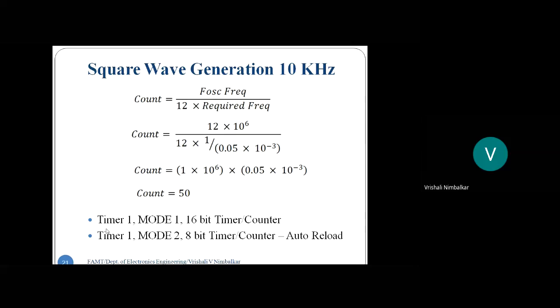Yesterday we looked into square wave generation using mode 1. Today we will look into the square wave generation using mode 2. And as I told you all, mode 2 is an auto reload mode. We need square wave to be generated, so the count delay should be auto loaded so that I get a continuous square wave. So for square wave generation, mode 2 is the most appropriate timer mode which should be selected. Is that okay?